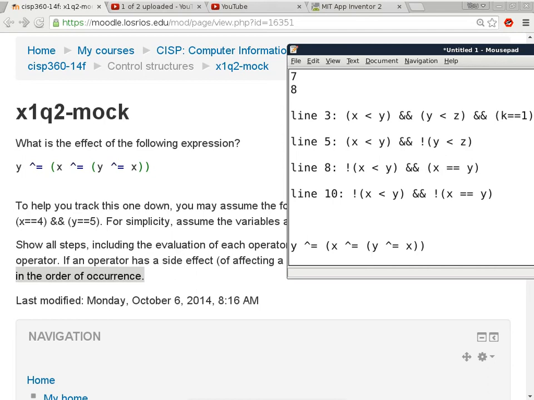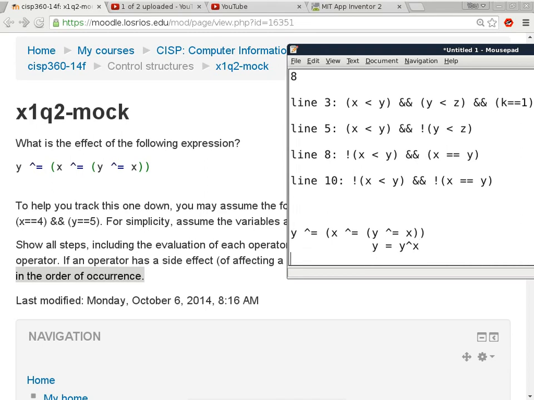So first of all, what is it really doing? Well, this is the same thing as Y equals Y caret X. It's the same thing. So if that really is the same thing, what exactly is Y caret X? Y caret X is Y exclusive OR X, right? What is the value of Y? It's 5 in decimal. In binary, it's going to be